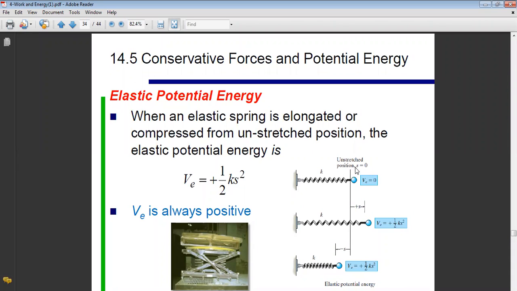But if in a problem they consider the unstretched position not at S equals 0, you cannot say the elastic potential is half K S squared. You should say it's half K delta L squared, where delta L is the stretching or compression of the spring. But in particular, when you choose the unstretched position corresponding to S equals 0, then delta L, which is the stretching or the compression, will be equivalent to the coordinate S. And as you can see, the elastic potential is always